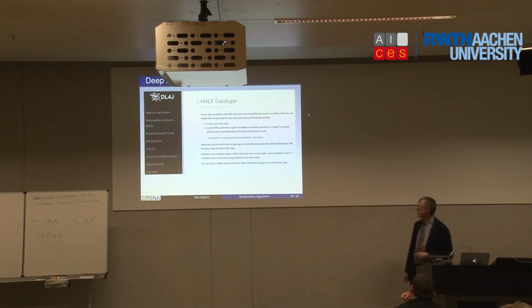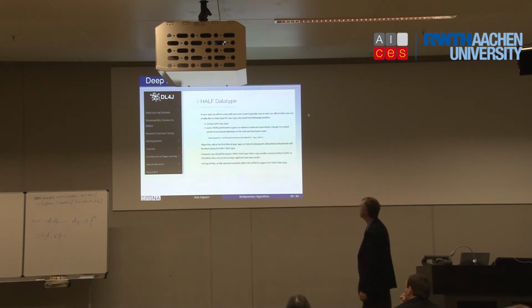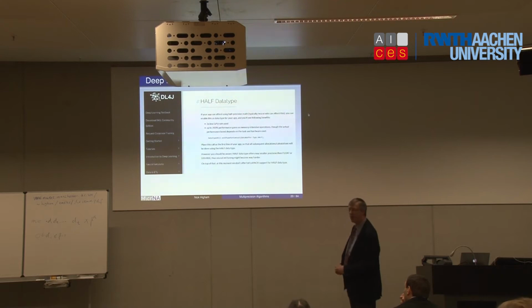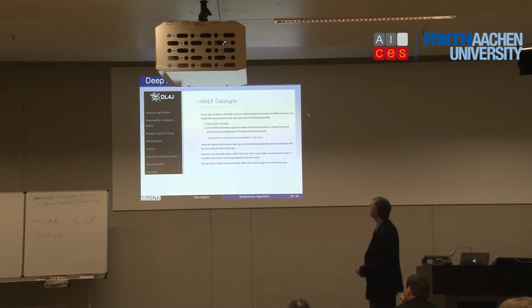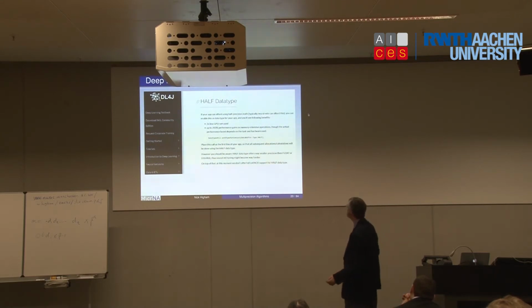Oh yes, I saw this earlier this week. This is a package called Deep Learning for Java, and one of my students pointed out that they have a section about the half data type. So this is half precision, and they're supporting this in this Deep Learning for Java package, and they're saying the reason you might use it is twice less memory used, up to a factor 2 speed up in performance, but